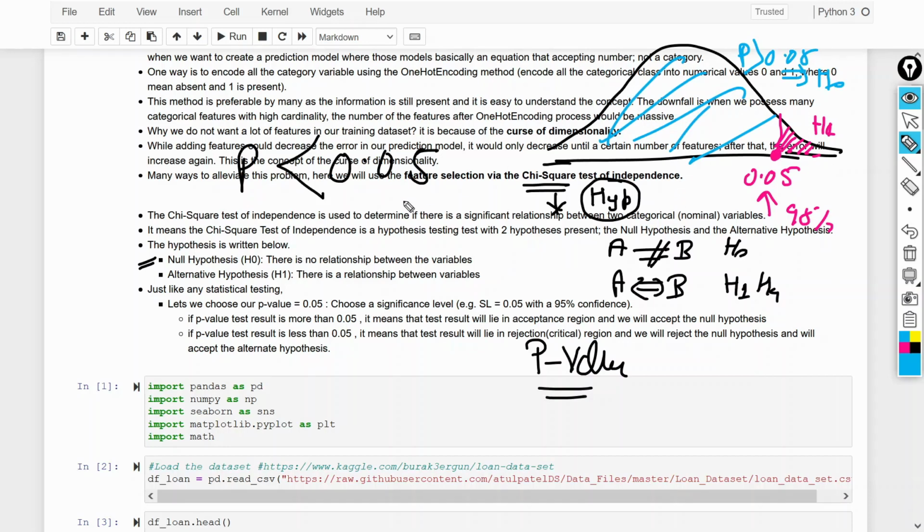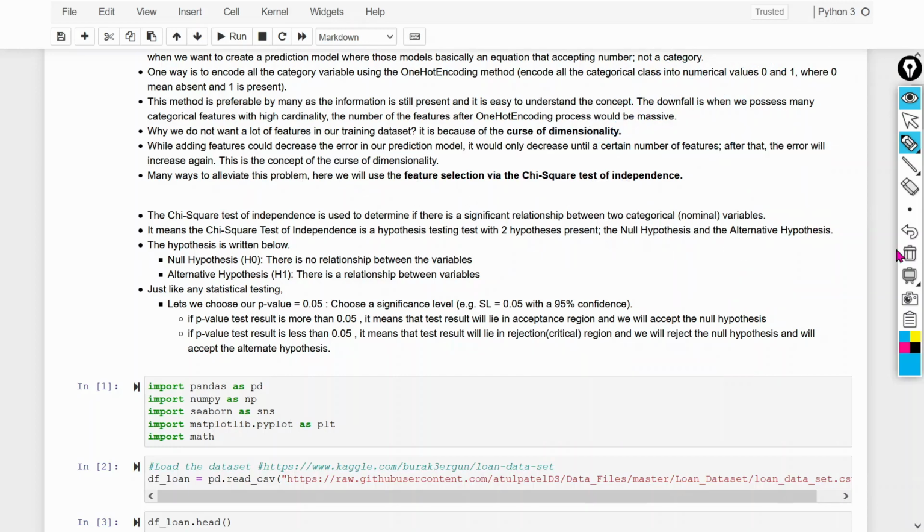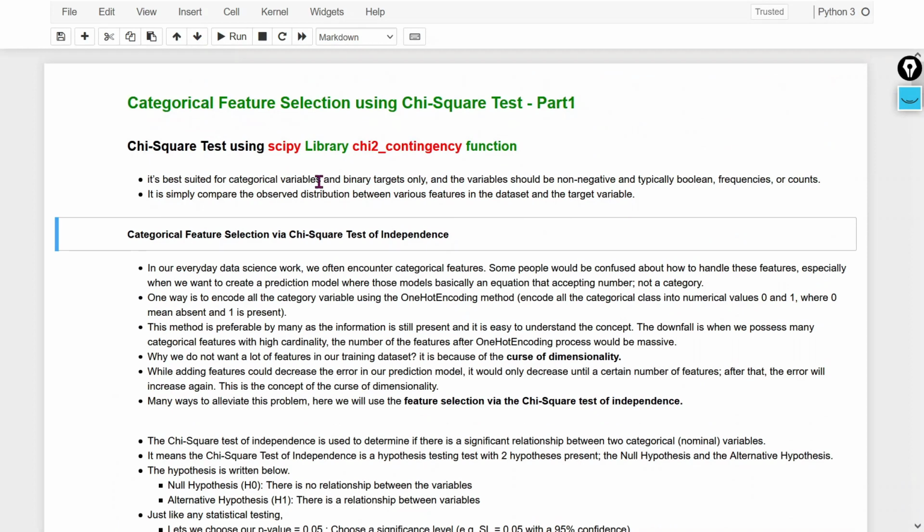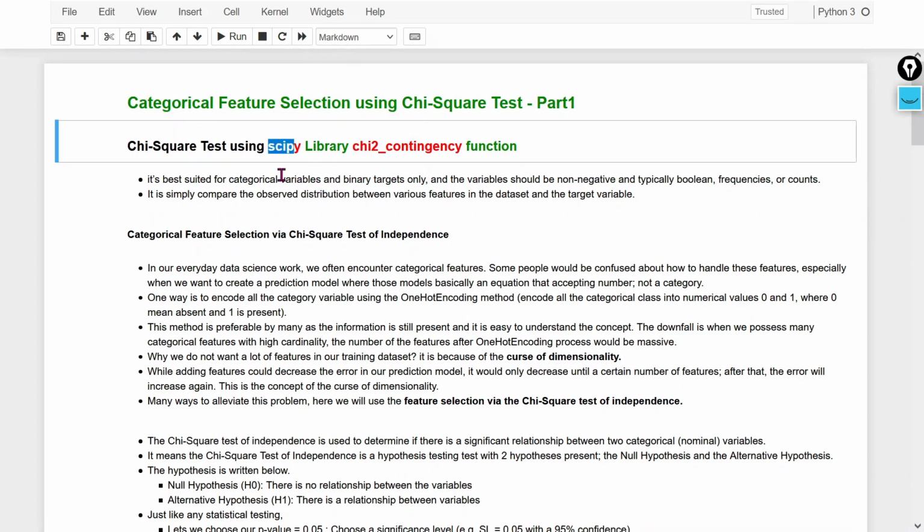So this way we can perform hypothesis testing to perform the feature selection. We can do that with the help of the SciPy library. Let's check how we can perform the feature selection with the help of the SciPy library.